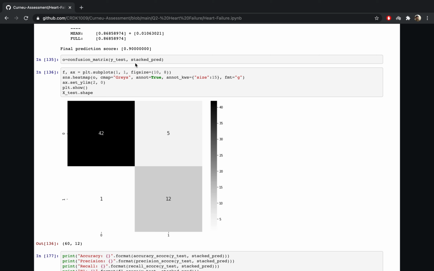Now to analyze the stack prediction. So as you can see here, the true negative is 42 and the false positive is 5. So false positive has increased compared to the cost sensitive random forest algorithm. But now if you move on to the false negative, that has decreased. It is now only 1. So now this shows that this model is good at predicting